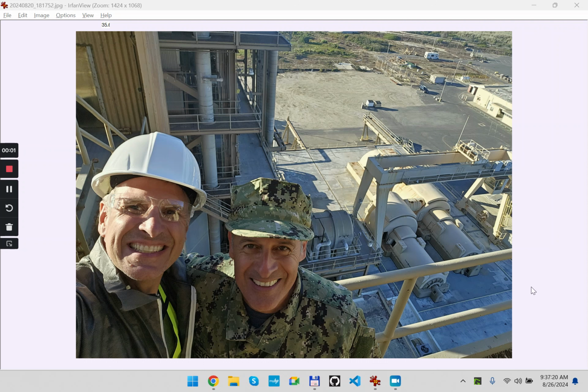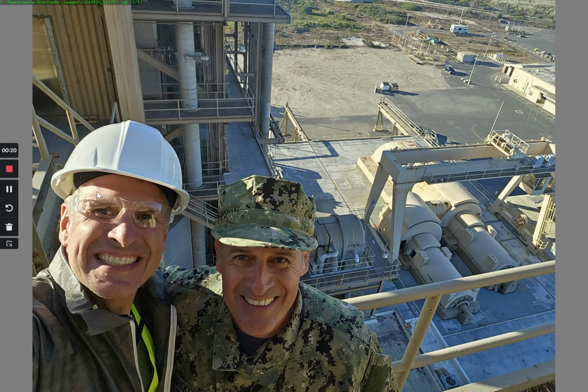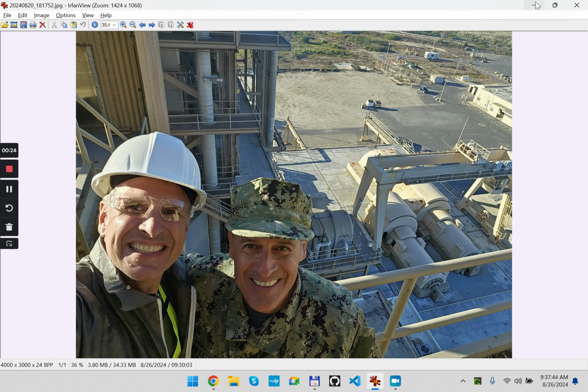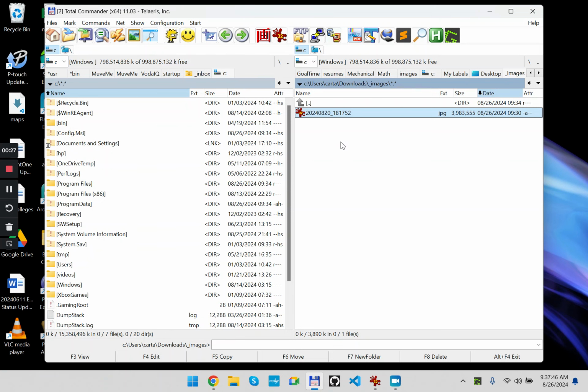So this is just a quick overview of how images get stored and the differences you might see in an image. The image I have here on the screen was taken with a camera, went to Google Photos, and if you look here,